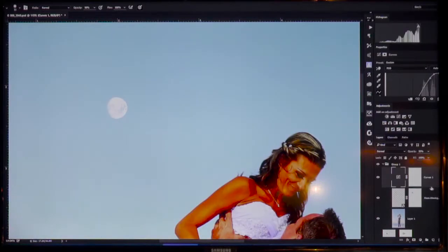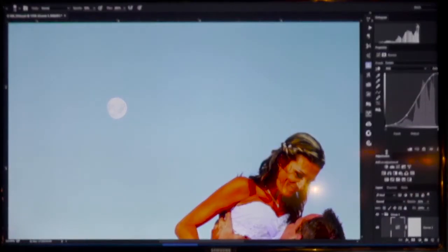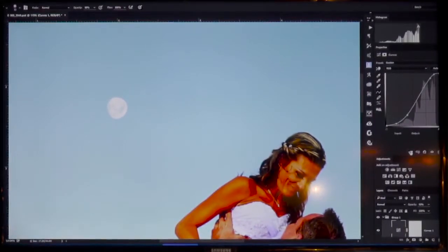The new way to do it, which I don't know what version of Photoshop this came out in, but 99%, matter of fact, I think all, but I haven't found one that doesn't have it yet, of your adjustments have the clipping mask option right here. Yeah, see that curves? That's the curves properties box. There's a clipping mask box right here. When you hit it,